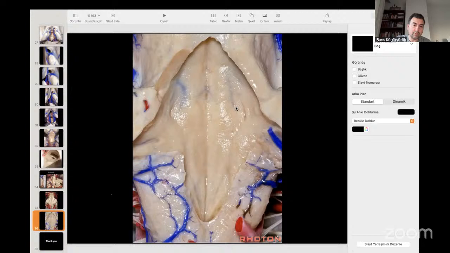Maybe, I'm not sure if you see it, but there's some round shape here bilaterally. This is the facial colliculus, which also hosts the nucleus of the abducens nerve. They are just above an imaginary line connecting both lateral recesses. So on the upper half of the floor of the fourth ventricle, the important structure is again the facial colliculus,